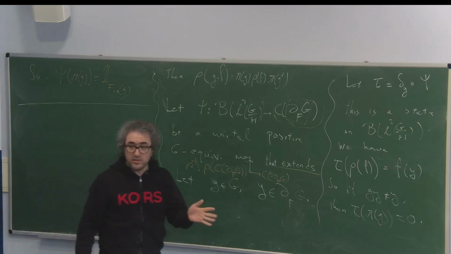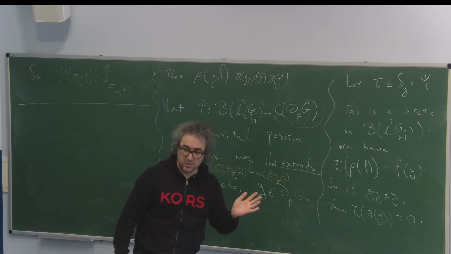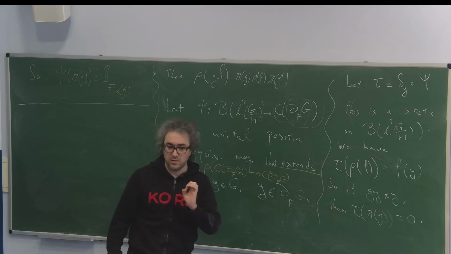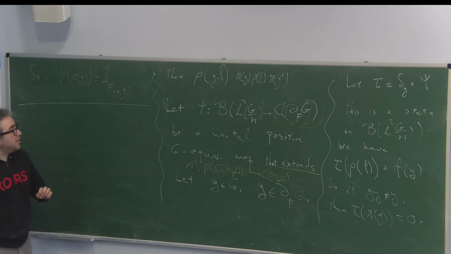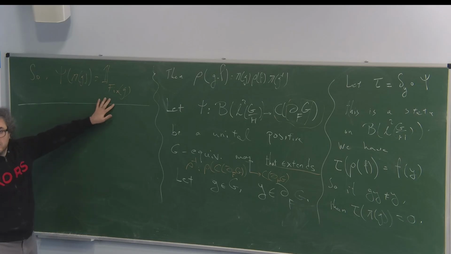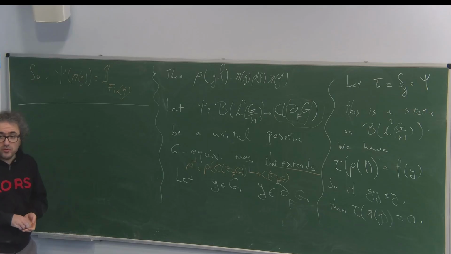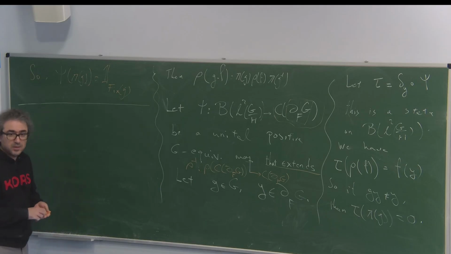So that's if you have a trace. If you have a trace, you will have the canonical trace and you weakly contain the regular representation. In fact, a little bit more, you can show it is the regular representation. If you don't have a trace, otherwise, if you do not weakly contain the regular representation, it's the same as not having a trace. Good. And now in that case, I'm going to show you that this is always simple, so there is no ideal. How am I going to show you? I'm going to show you that